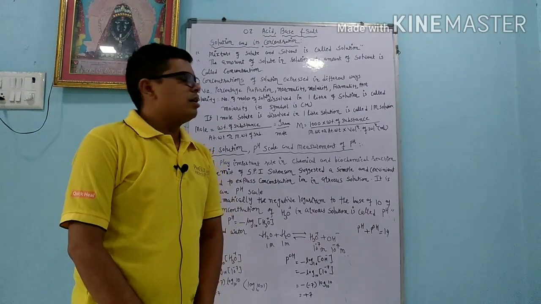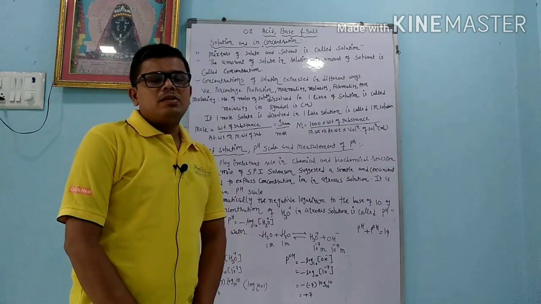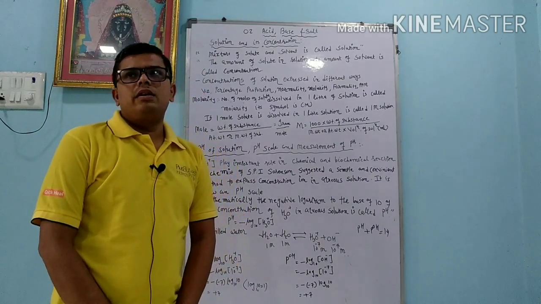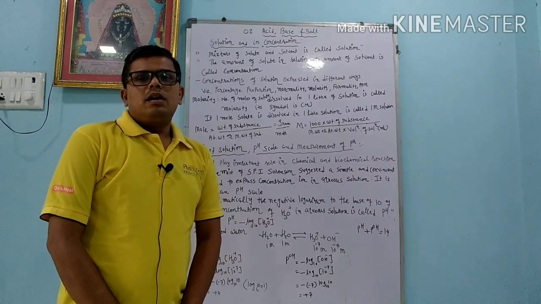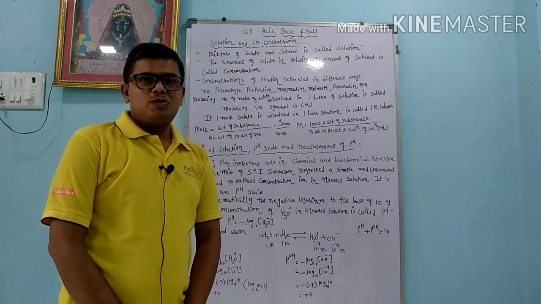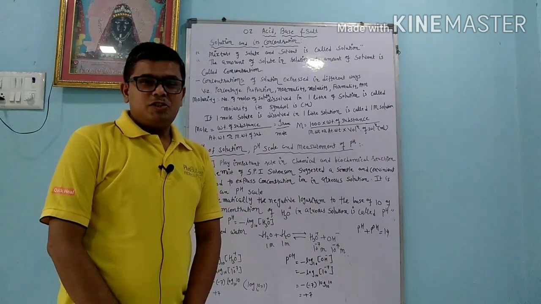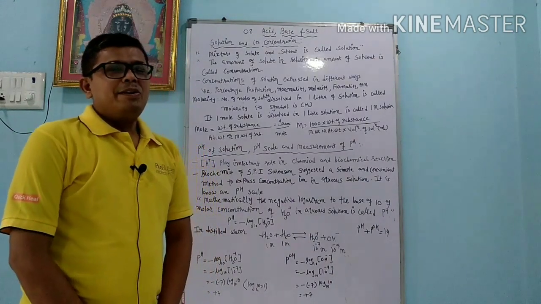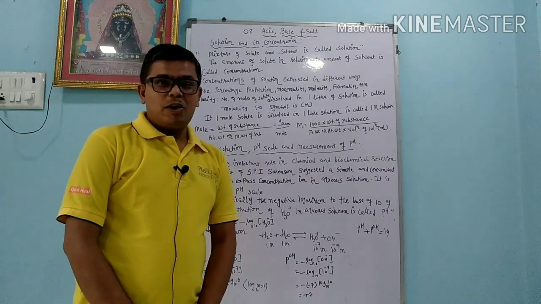Today we will continue our chapter number 2, acid, base and salt. Dear student, last time we learned about the Arrhenius theory, Lowry theory, and we learned about some chemical properties of acid and base. Today we are going to learn concentration, solution and pH, potential of hydronium ion. Dear student, an extra thing we are going to learn is logarithm.